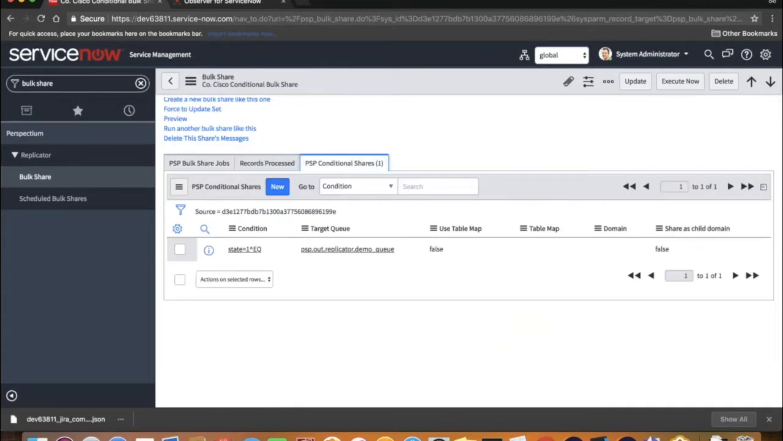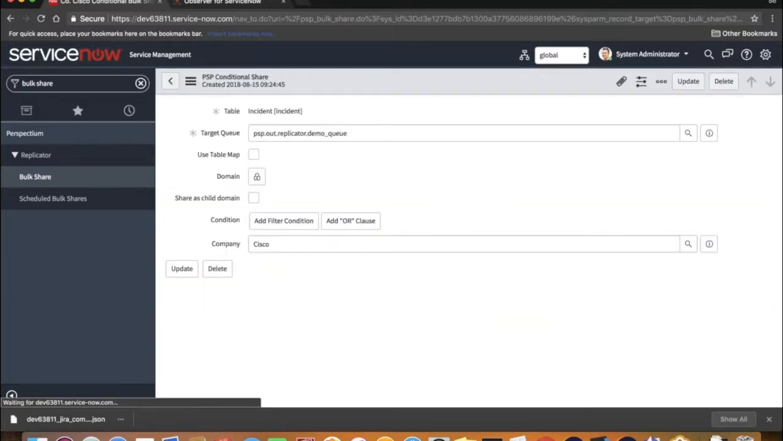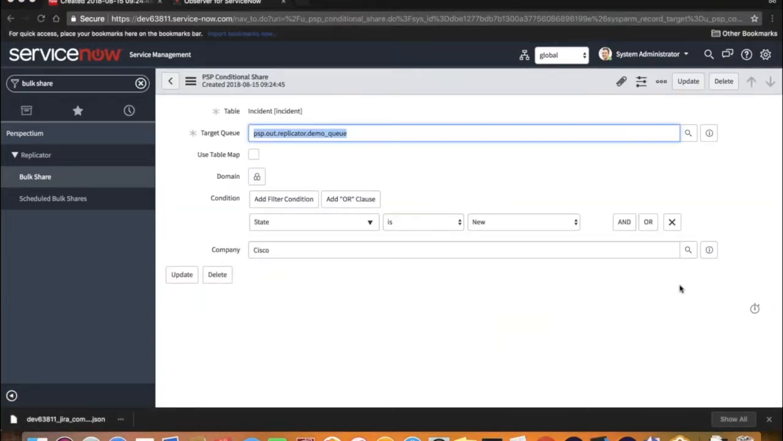And once you go into that conditional share, I have one already set up, but in this particular conditional share, I've specified here that I only want to share records when the state is new, but also when the company is Cisco. That goes with what we talked about before about expanding that feature to add more options to limit the records. It improves performance that way because we're only going to conditionally share out records based on this particular company or domain or condition without having to worry about the fact that we have to go through